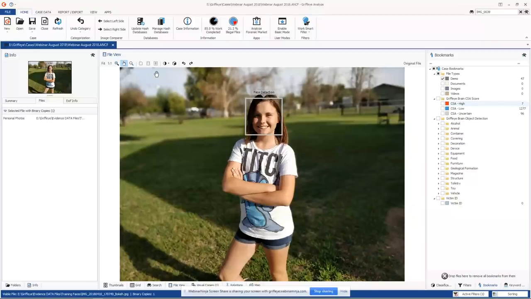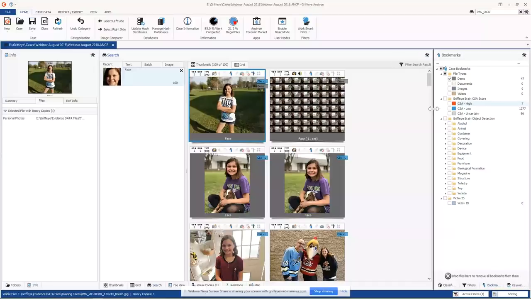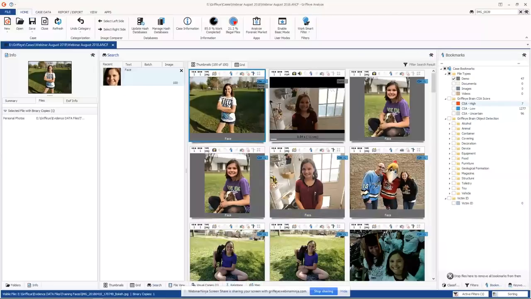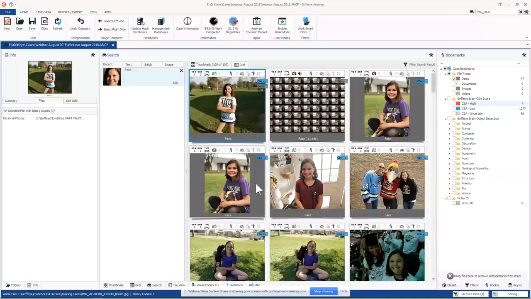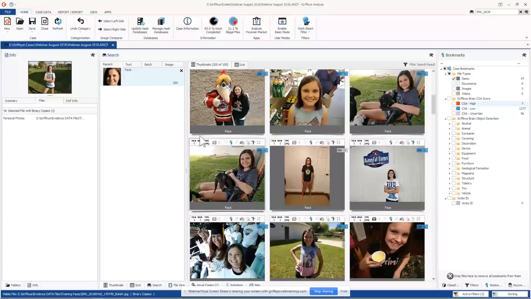Or let's say this happens to be your victim. So I select this box and I drag it over her face. And I click this button right here that says find images with similar faces. So I click that, and it has found all these images and videos, including in a video. So it found her similar face in a video, and all these pictures. There's the results of just doing that face detection on her face.